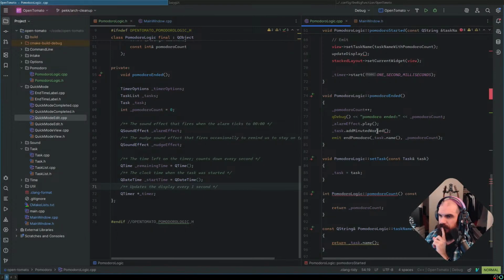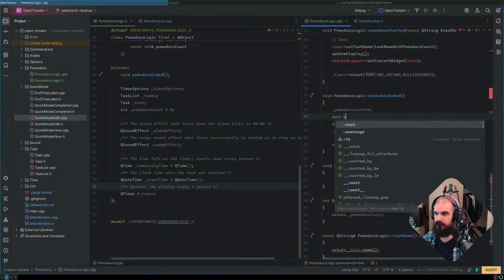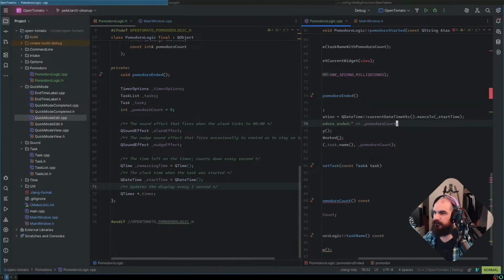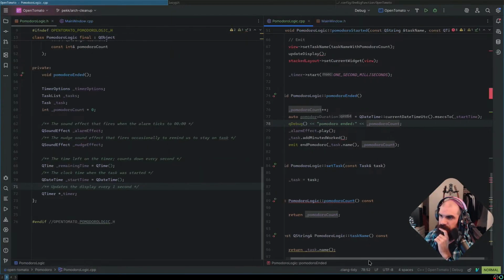And then can we say, once Pomodoro's ended, it doesn't matter, right? Because this can get called for whatever reason. Pomodoro duration. Huh. Milliseconds to start time.